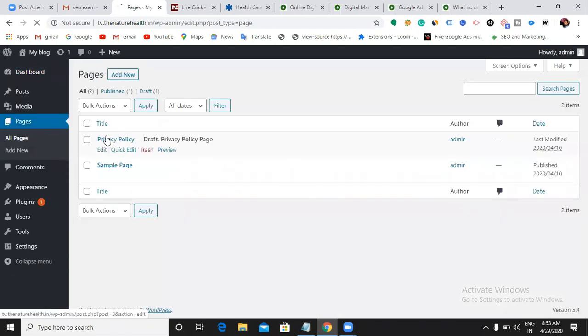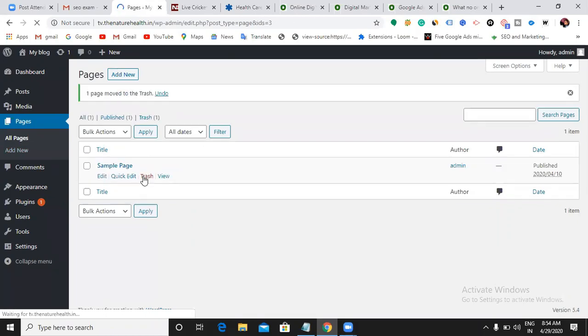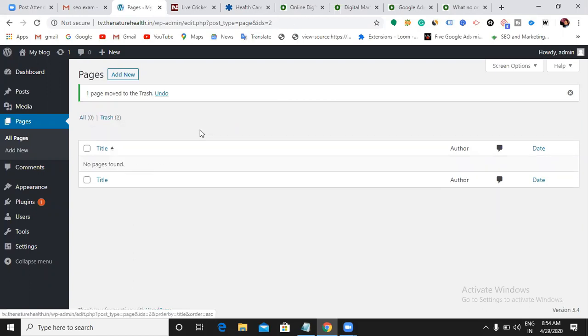By default, when you purchase hosting, you'll get a few pages like this. If you want, you can keep them, or else you can directly remove them by clicking on this trash. I'm just trying to delete it. Now, can you see the Add New button?